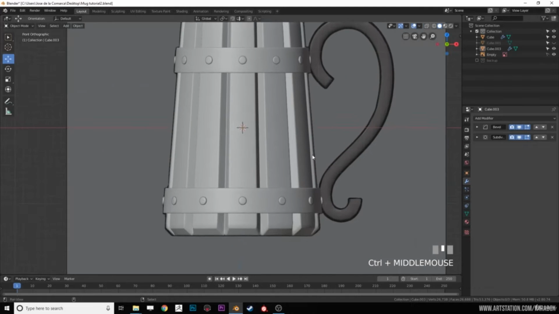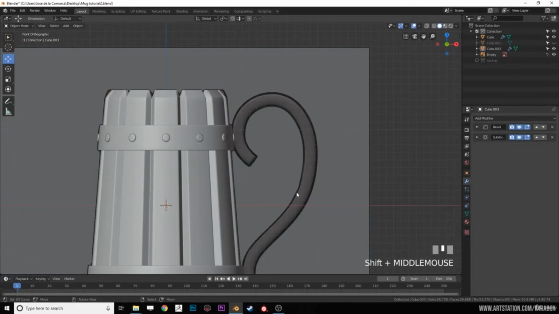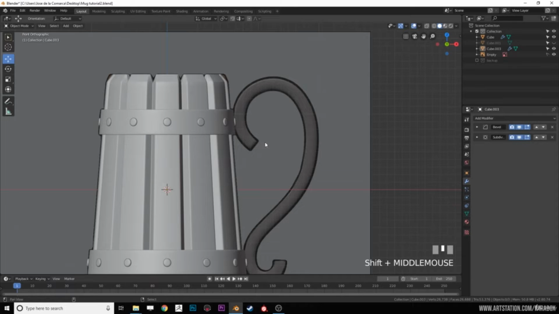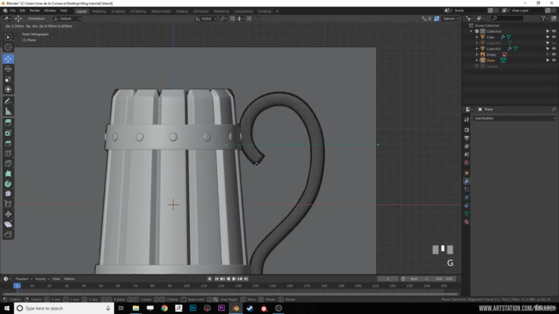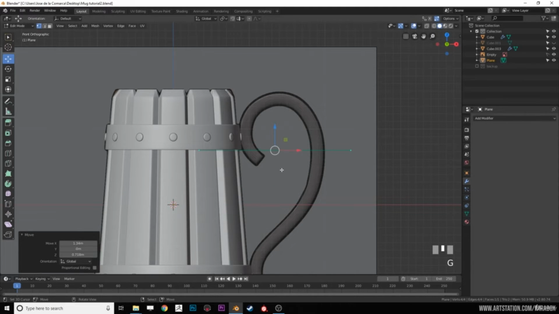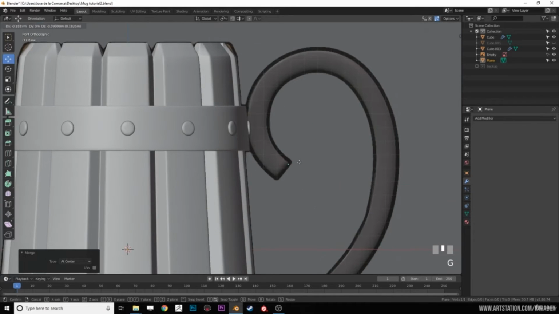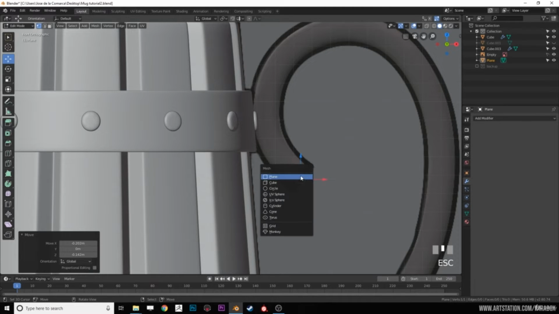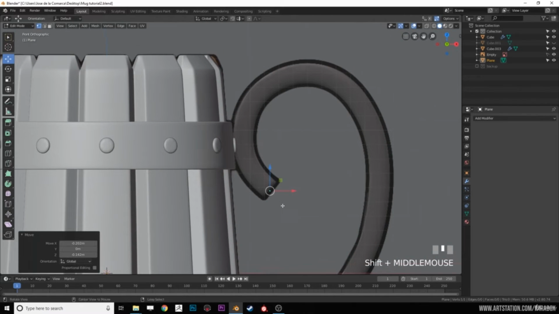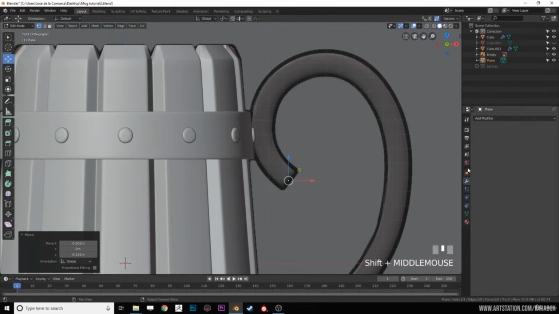Well, we're going to continue with the handle. And for that, we're going to add an object. It can be a plane or a cube. Enter edit mode, and I'm going to press Alt-M, merge at center. This is with the idea to have an individual vertex. Sadly, Blender doesn't have the option to create a single vertex, so we have to do this in order to have one. And here I'm going to start extruding,